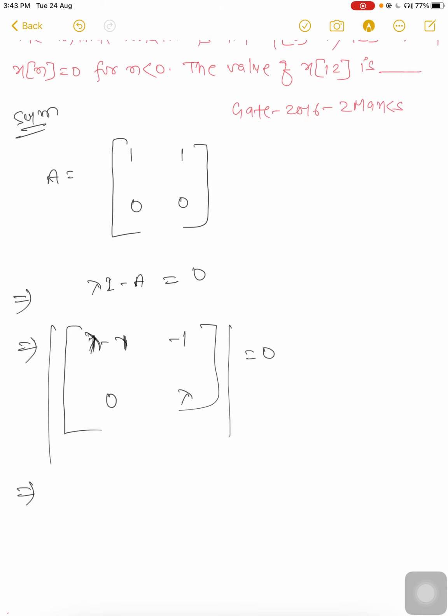Then take the determinant of this matrix. What will happen? Lambda square minus lambda